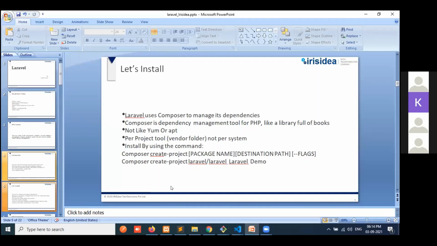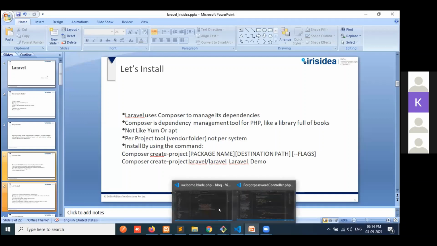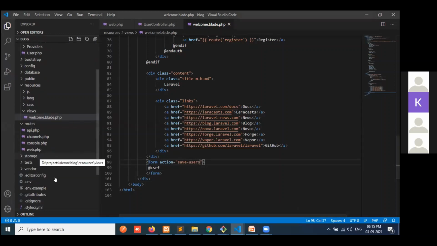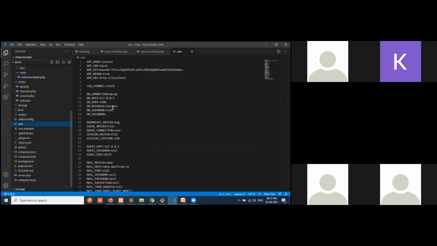So I will show you a demo, so that you can also understand. Here you can give any routes, like save data, save users. First of all, you need to create a database, which you can provide through the env file. This file interacts with the database, whatever you provide here, like a test.